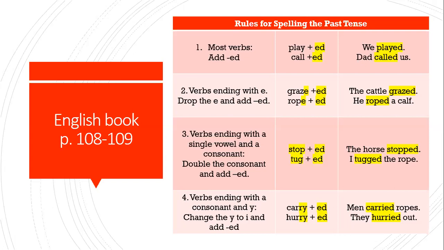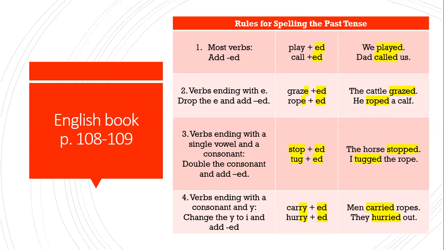All right. So we've already covered the rules for spelling the past tense, and there are only 4. Again, number 1, most verbs we are going to add ed. For number 2, verbs ending with e, we drop the e and then we add ed. Number 3, verbs ending with a single vowel and a consonant, you're going to double the consonant and add